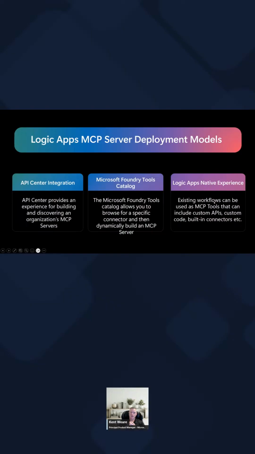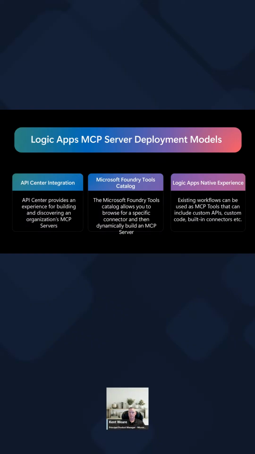So let's talk about Logic Apps MCP server deployment models. There are currently 3 that exist today. And we'll see all of them today, so no worries there. We'll start with API Center, and this provides an experience for building and discovering MCP servers within an organization.